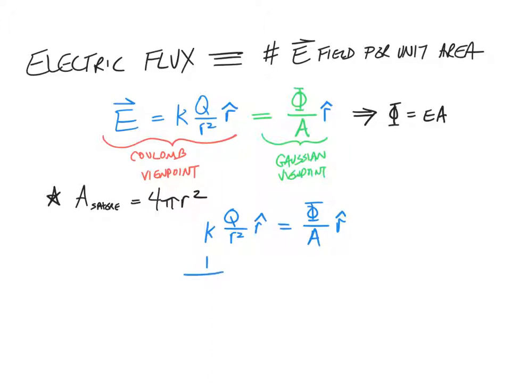Well, k is 1 over 4 pi epsilon naught. I'm going to drop the r hats. And the area, if I'm talking about a sphere, which is our preferred one for most of what we're going to do initially here, is 4 pi r squared. So we see the r hats go away, 4 pi drops out, r squared drops out, and what do we get out of this? We get Q per epsilon naught